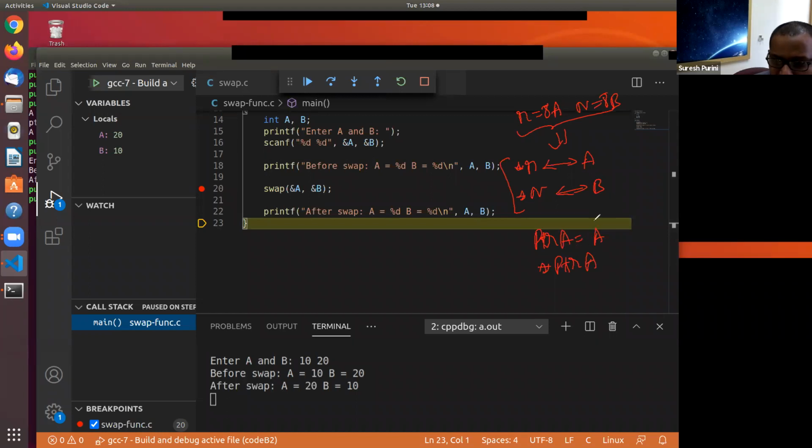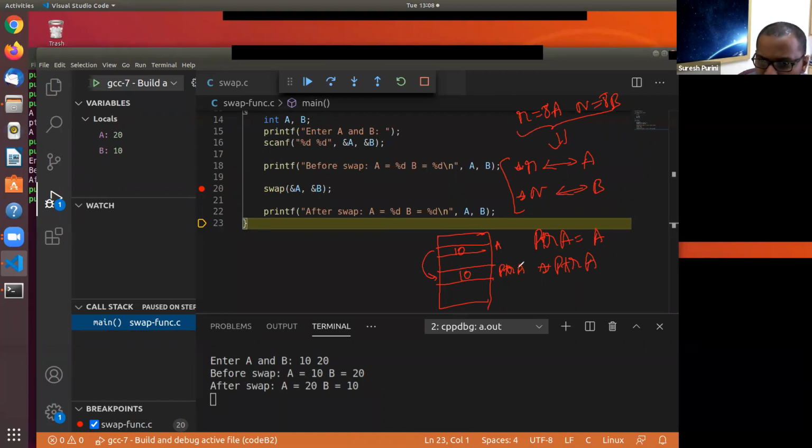With high probability, you'll get some segmentation fault. Let's say this is your memory, and this is variable A, and it contains 10, and this is ptrA, and you copy the contents of A to this, so you get 10.